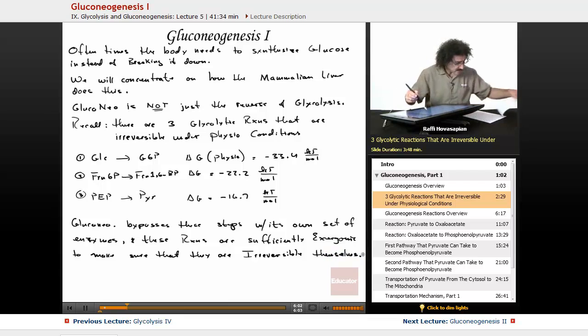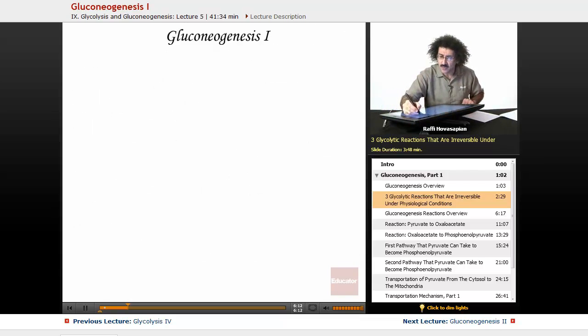Okay, so let's go ahead and look back at a schematic. I'm going to draw it out of glycolysis, and I'll show you where the bypass reactions take place. So let's go ahead and do this one in